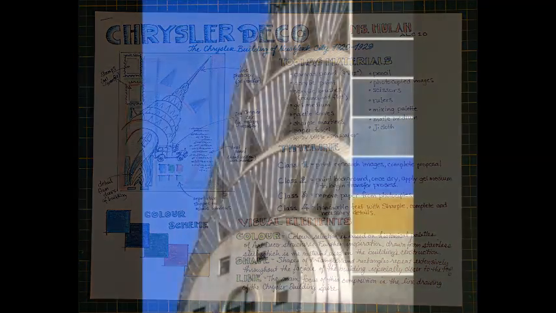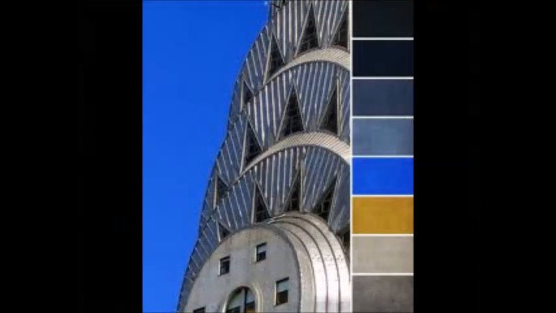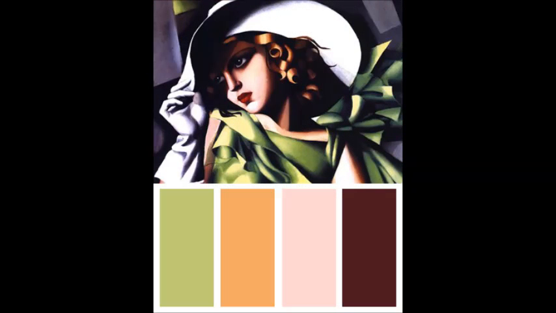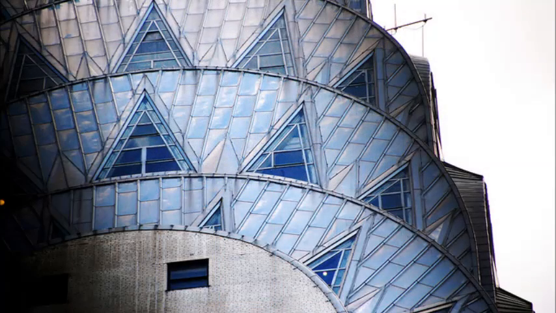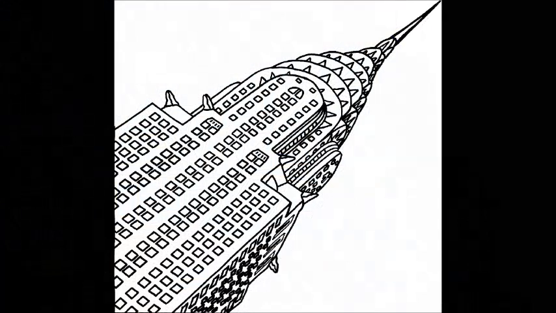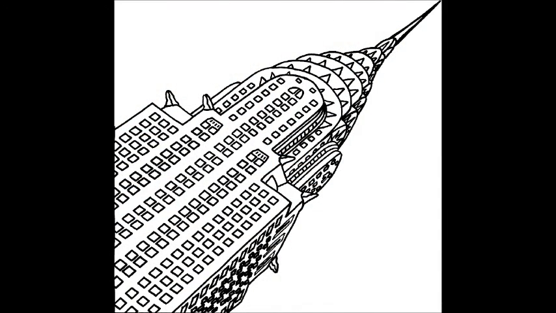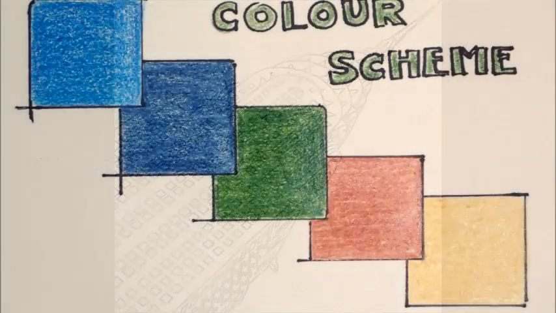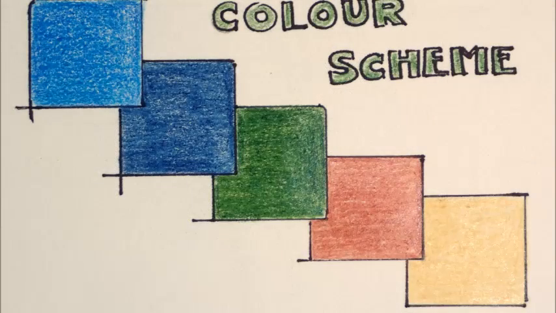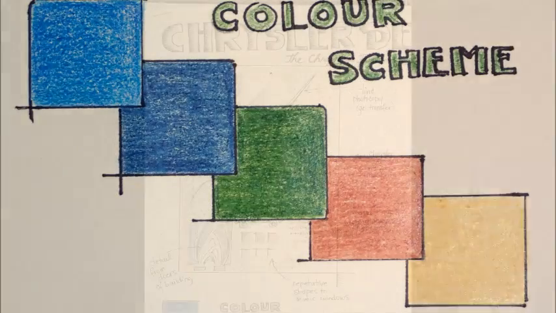For color, the selection is based on historical palettes of Art Deco structures. Further inspiration is drawn from stainless steel, which is the material used in the building's construction. Shapes of triangles and rectangles repeat extensively throughout the facade of the building, especially closer to the top. And line. The main focus of this composition is the line drawing of the Chrysler Building spire, which I'm going to use in the transfer method. My color scheme contains 5 colors, and I've arranged them from light to dark.